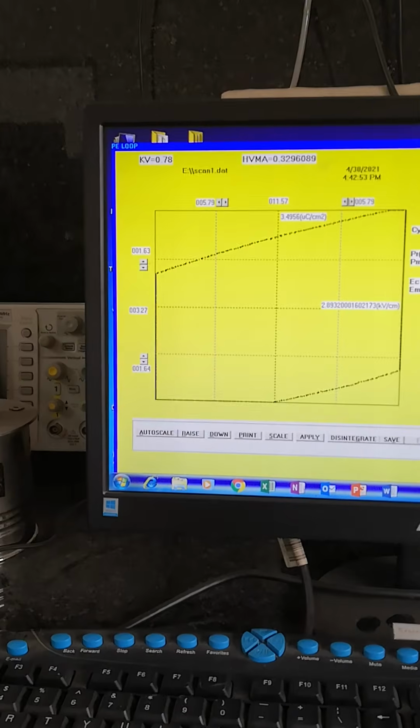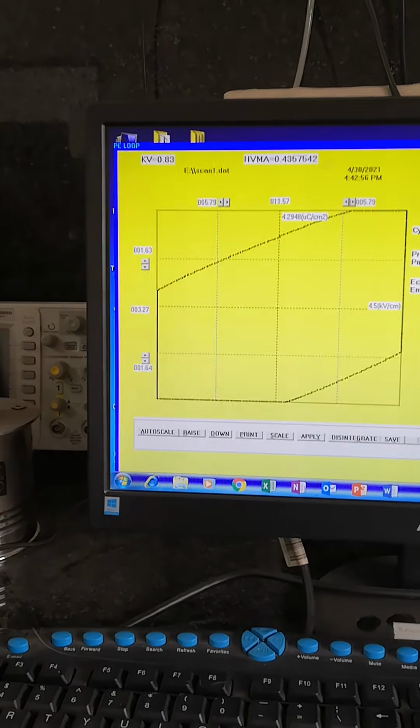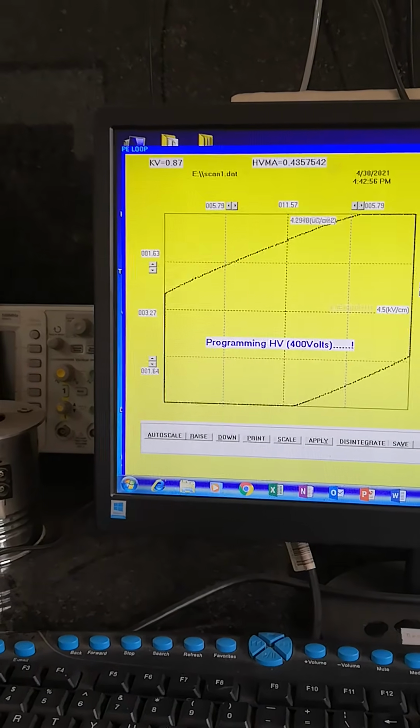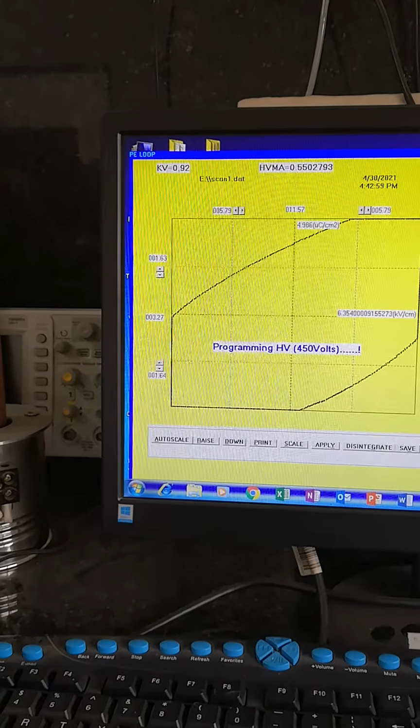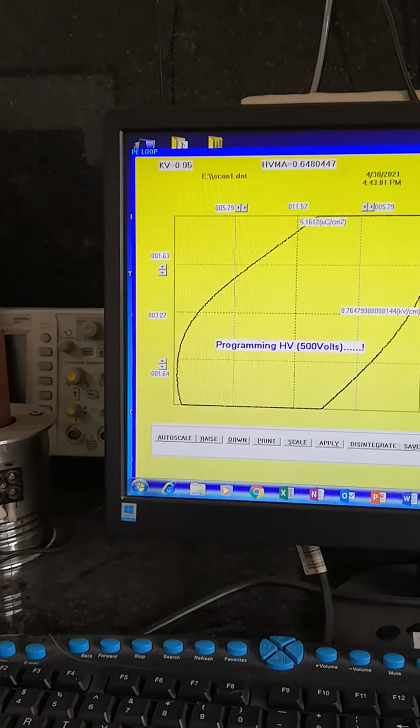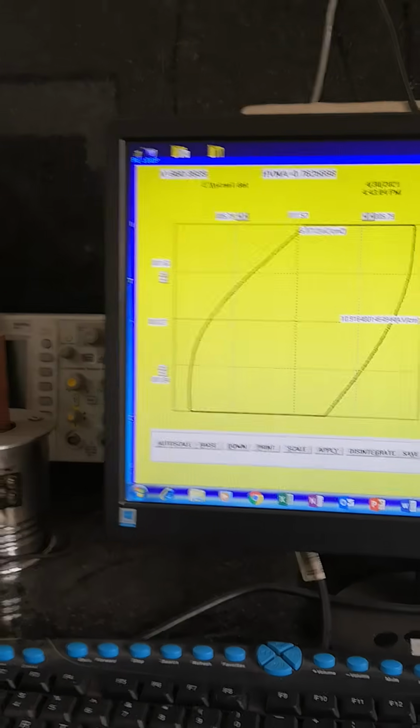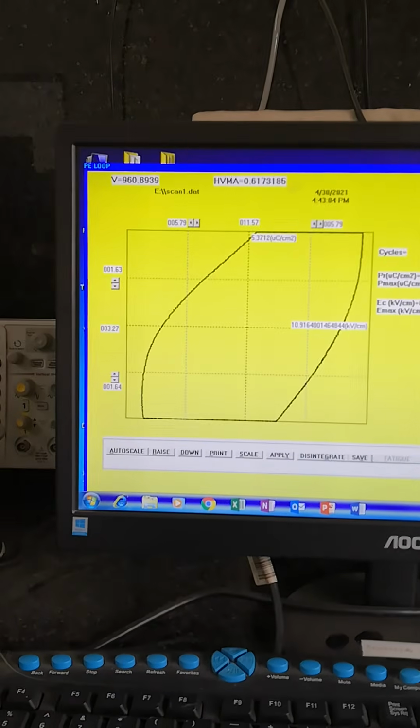I have increased the value of the capacitance, right, keeping the other two parameters constant. Other two parameters mean electric field magnitude and the resistance, right? So first we study the variation of the capacitance.